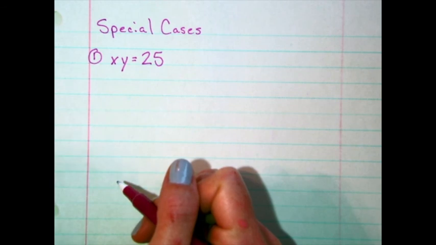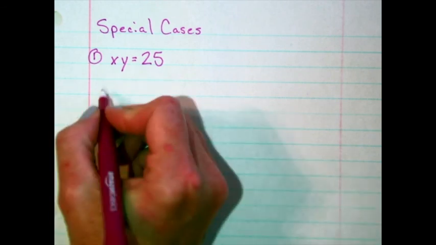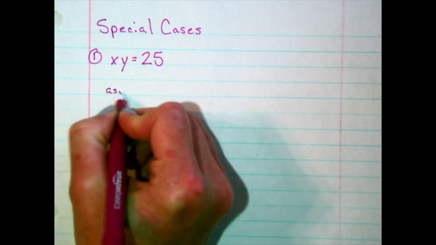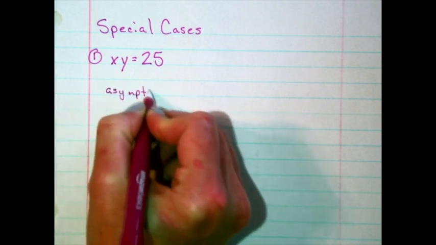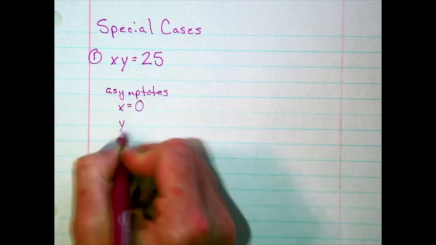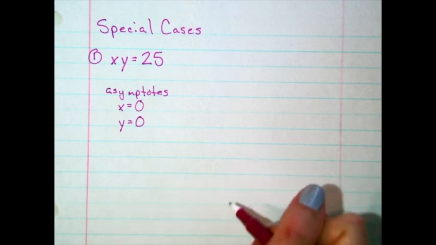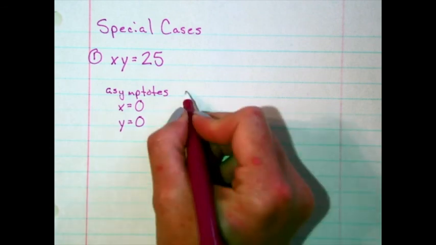One value is going to be increasing as the other one decreases. Now, the asymptotes here are always going to be the x-axis and the y-axis, or the y-axis and the x-axis, the way I have it written. And our vertices,